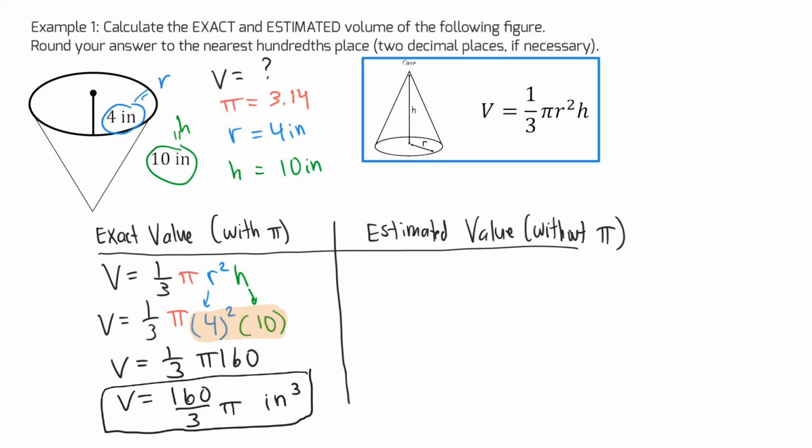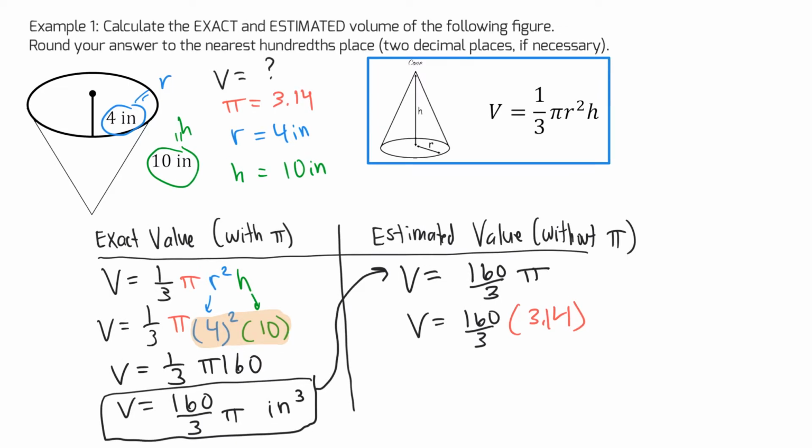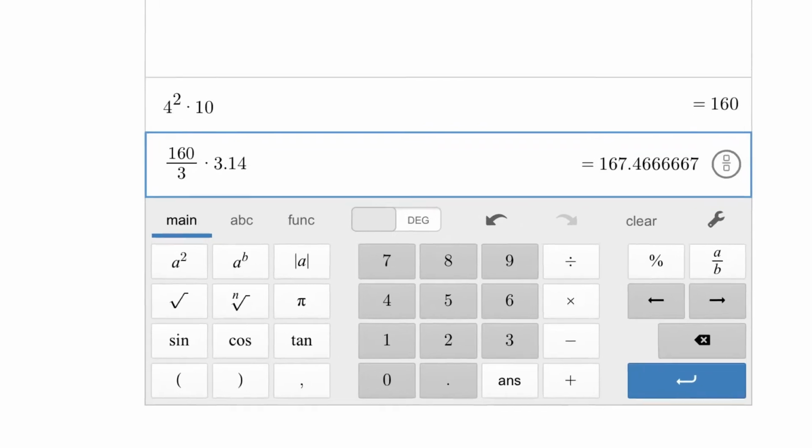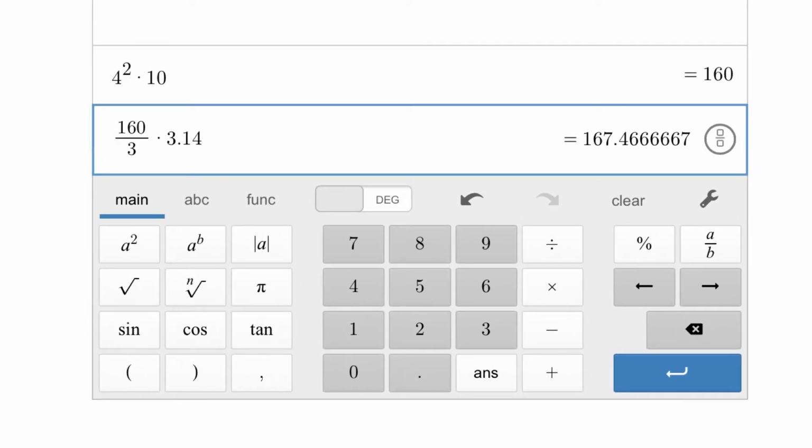Okay. And then to find the estimated value, I'm going to take this and rewrite it, 160 over 3 pi. Now I'm going to replace pi with 3.14. So I'll have 3.14 for pi. Now I'm going to take all this information and substitute it into my calculator. I do 160 divided by 3 times 3.14. We get